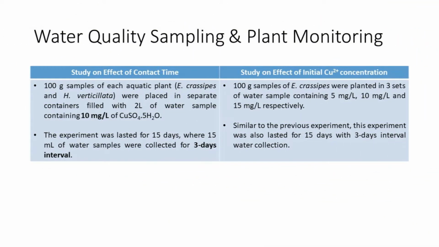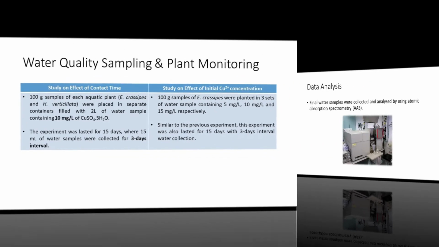There are two main objectives for our PBL, which are to study the effect of contact time and initial copper concentration. For the study on contact time, 100 grams of water hyacinth and water thyme were placed in separate containers containing 10 mg per liter of copper. Meanwhile, for the study on initial copper concentration, 100 grams of water hyacinth were planted in 3 sets of water sample containing 5, 10, and 50 mg per liter of copper. Both experiments lasted for 15 days, where water samples were collected at 3 days interval for data analysis